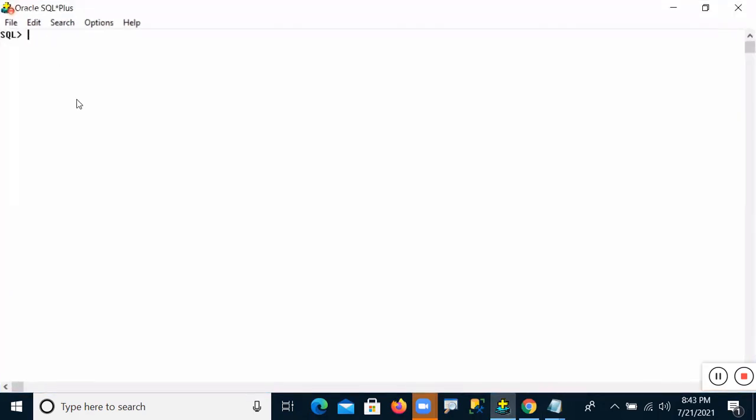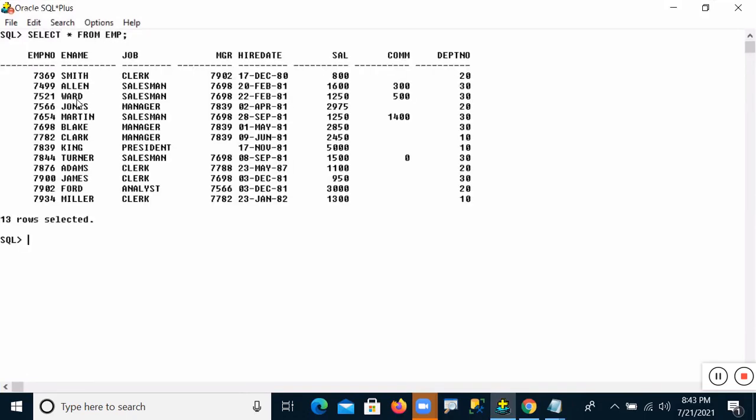Right. So now let me come. Select star from the table EMP. So this is our table information we have. Now I'm creating a procedure. Create or replace